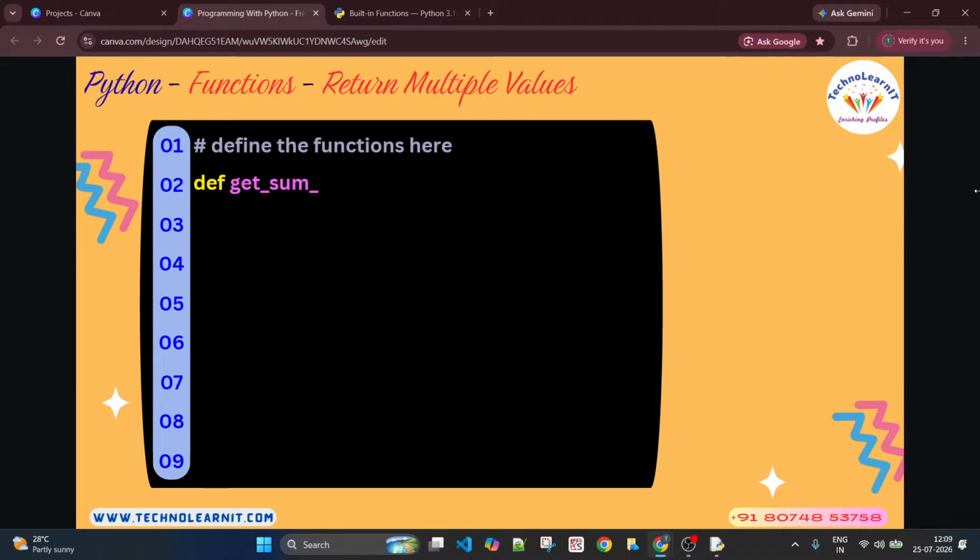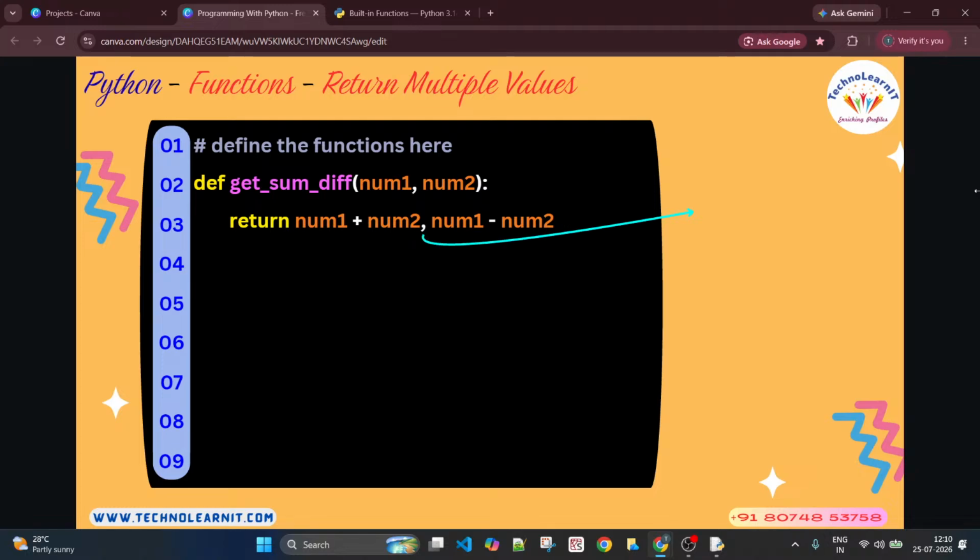Okay, let us look at some examples. There is a function by name get sum diff. It takes two arguments, and see, it returns two values. How do you separate the values to be returned? If a function returns more than one value, you have to separate them by comma. So num1 plus num2 is what it returns, and num1 minus num2 is a second value that it could return, right? So the return values are separated by comma,